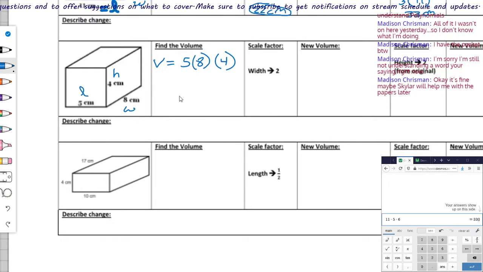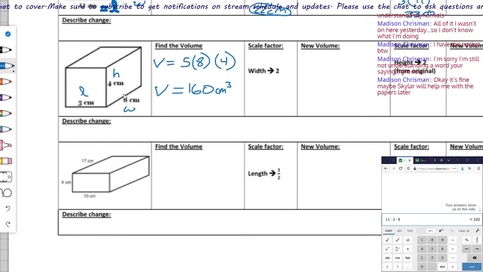So if we were to multiply those all together, we would get a volume of 160 centimeters cubed. Well, if we wanted to multiply that width by 2, increase it by a scale factor of 2, we're going to multiply 8 by 2. And again, this is probably different than what it was on the notes that were given to y'all, but you're going to notice you're still going to get the same answer